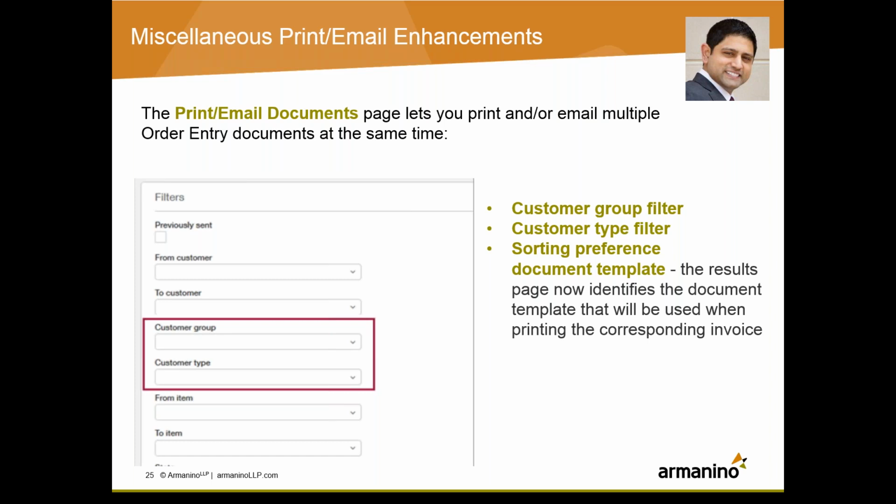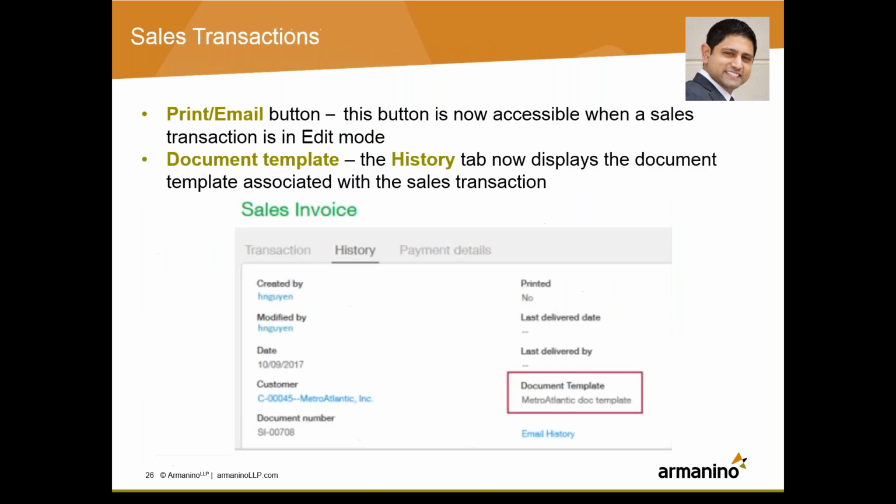So the results page is actually going to identify whichever document template. Some people don't just have sales invoice in order entry. They might have various types of sales invoices. So it's nice to be able to at least see the name of that. In addition to a few of those functionalities around at least the filtering of the printing and emailing, there's now